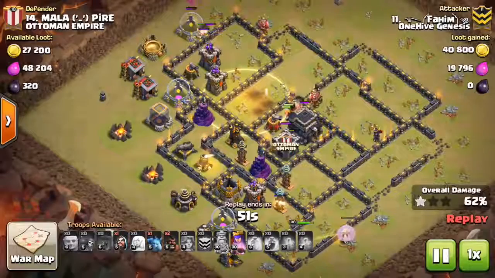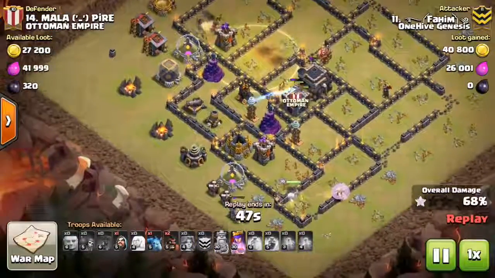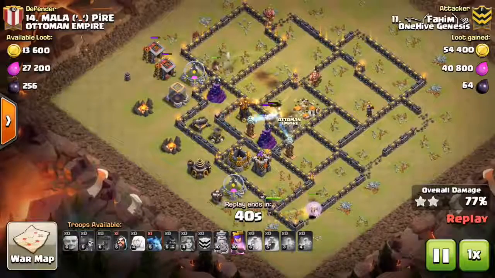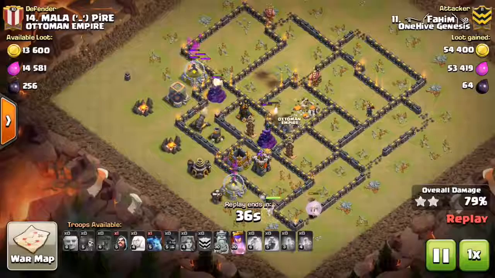Because they can't actually access many of those defenses, they're taking a lot of damage without getting much value. The queen is doing great, and a few hogs are being sprinkled in to take out defenses, but those Valks are just isolated from the rest of the base. He should have probably deployed them at a different location, had more of a plan for them,